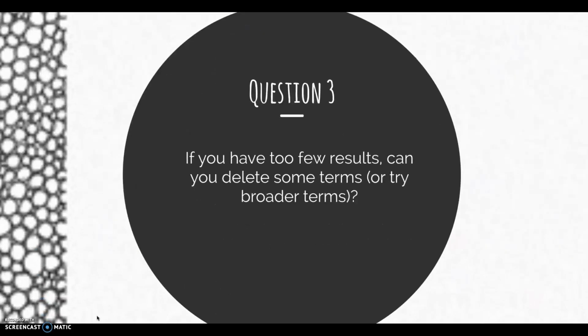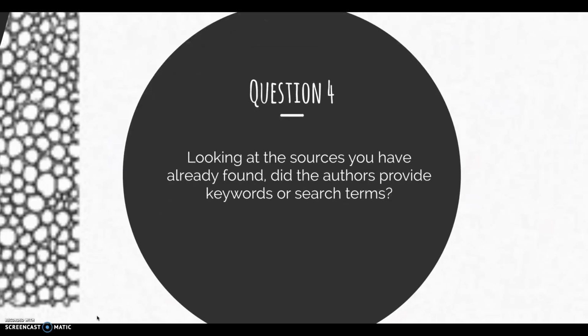Okay, question 3. If you have too few results, can you delete some terms or try a broader term? And then question 4, looking at the sources you have already found, do the authors provide keywords or search terms? Again, you can find these keywords in the abstract and underneath the abstract in the scholarly article on the front page. So, in the end here, you do not need to find hundreds of useful results. Once you find a few useful or interesting sources, you can use these